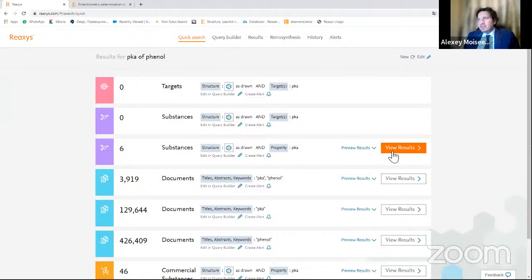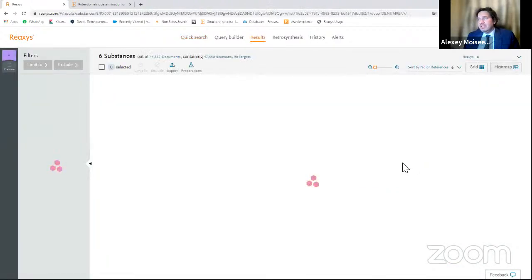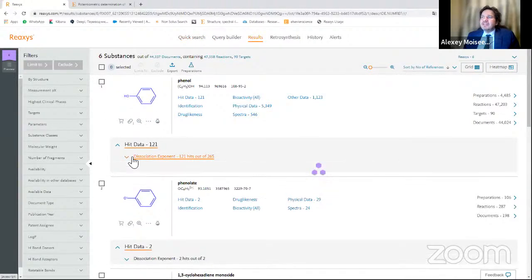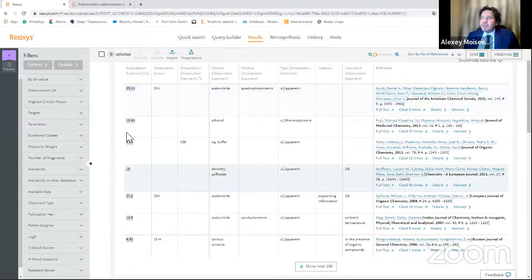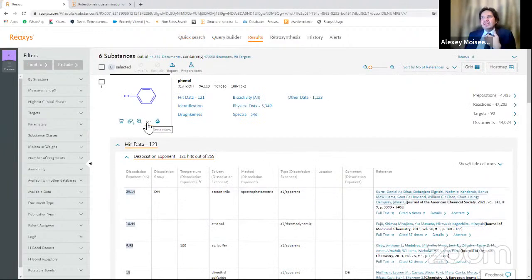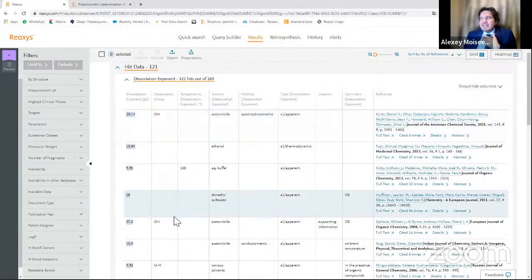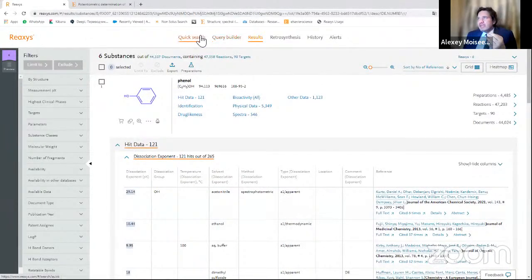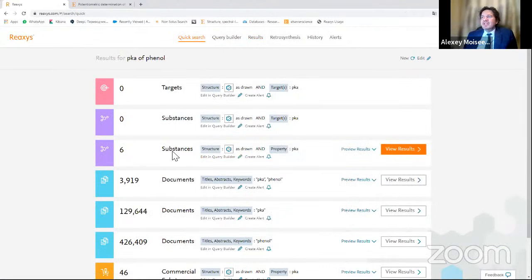For example, let's go to the substance database, and Reaxys is very clever, it found the dissociation exponent for phenol, and you can see it directly in numbers. So in 1 second we found it, and we extracted this information from a lot of documents. It's really clever, and I can show you how Reaxys transformed our request from natural English to a specific query understandable for the machine.